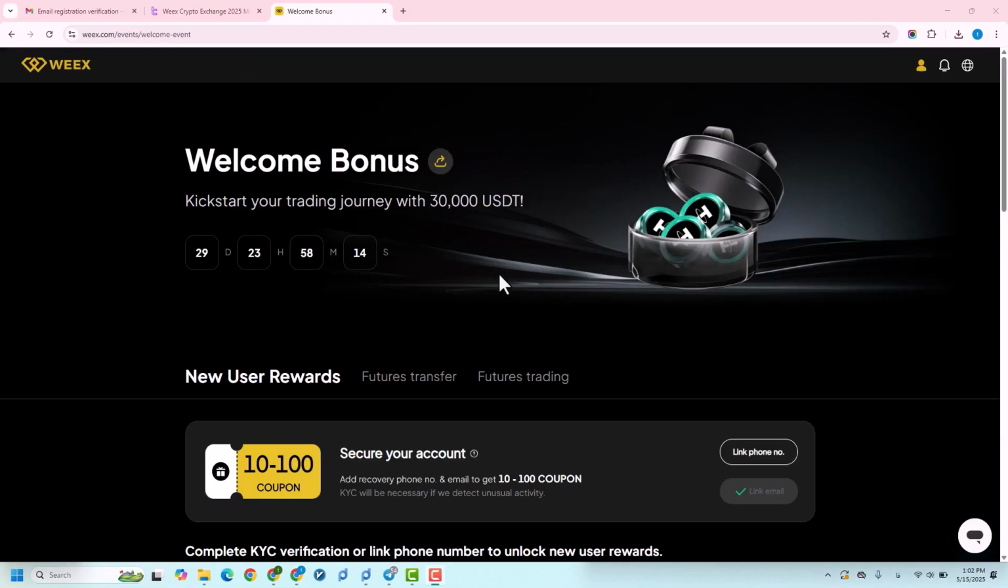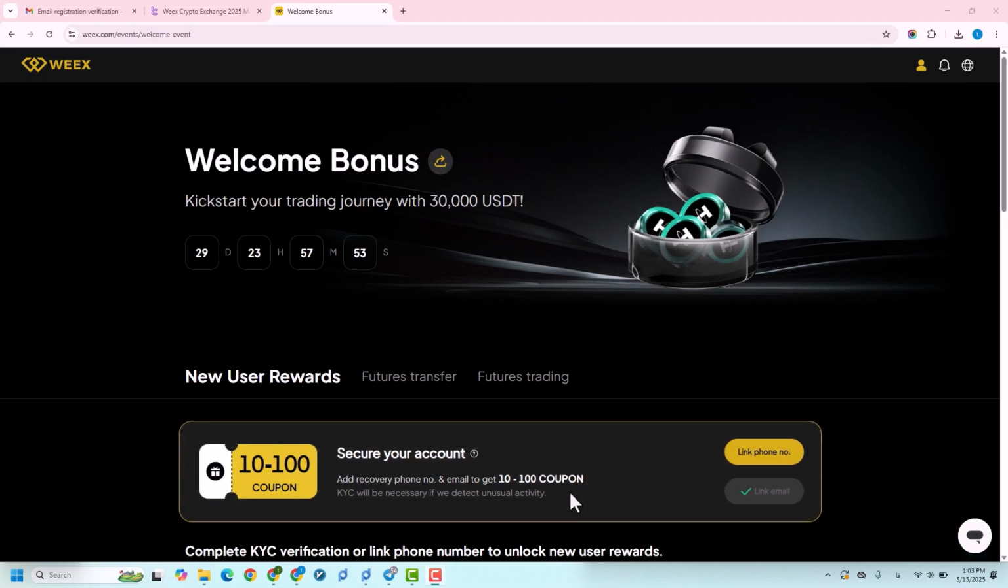In the next step, a page will open for you related to the Welcome Bonus Pack section, which gives new users up to $30,000 in rewards. Additionally, by completing identity verification or linking your phone number and email, you can receive between $10 to $100 in